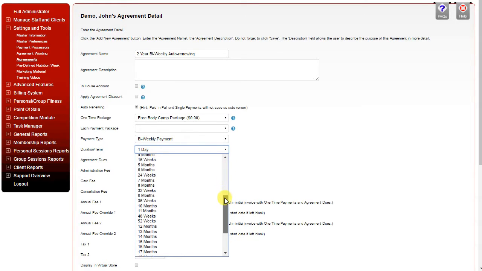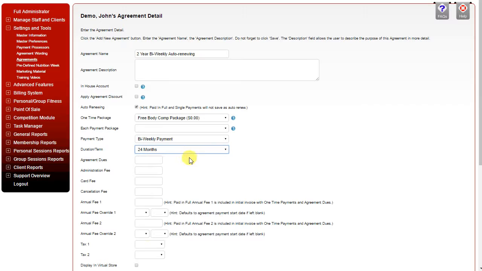So in this case, we're going to select a 2-year or 24-month term. Next, you're going to set what your default agreement dues are. Let's say they're $19.99. You can then set what your default admin fee is, your default card fee, and any